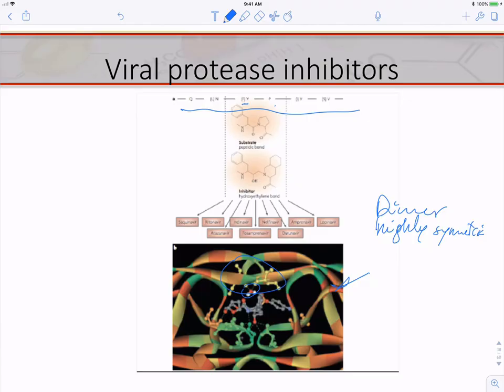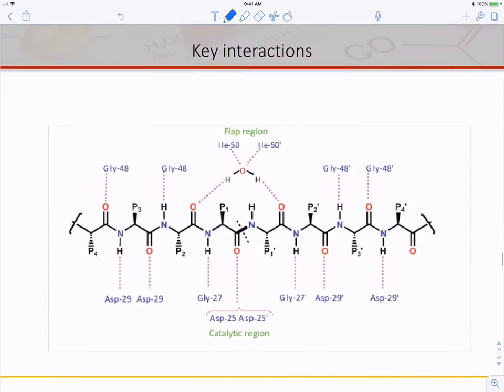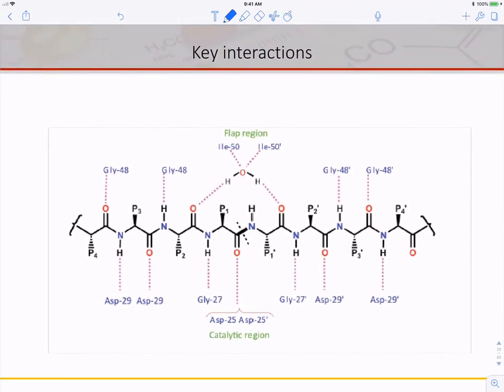As we can see, the top part, the flap part of the enzyme, is involved in the action, and the bottom part is involved in the recognition of the substrate. Let's look at the key interactions once again. We have the flap region here and the catalytic region with the two aspartates. The water holds the substrate in place, along with all the various interactions to the extended backbone of the protein